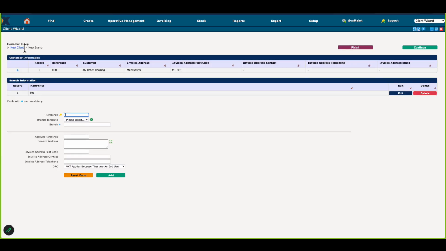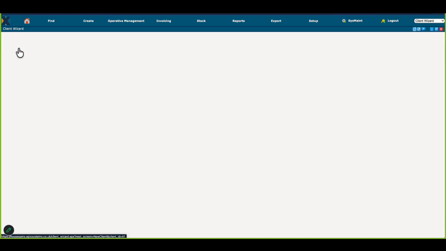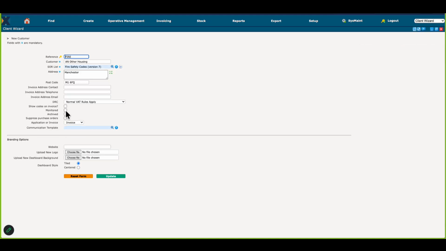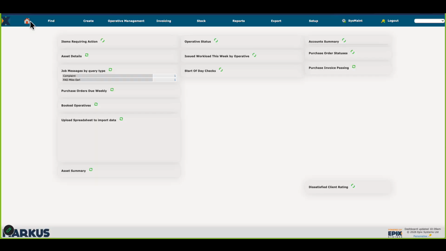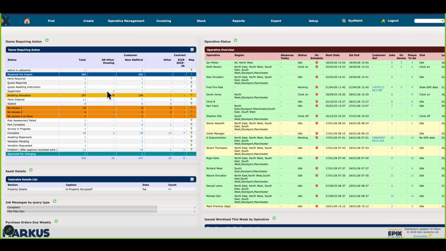Once you're in the client wizard, step into the client screen, and the tick box you need to make them monitored so that they show up on your dashboard is here. It's the monitored checkbox just there. So when you update that, and then you hit your home button, AN Other Housing has now got its own